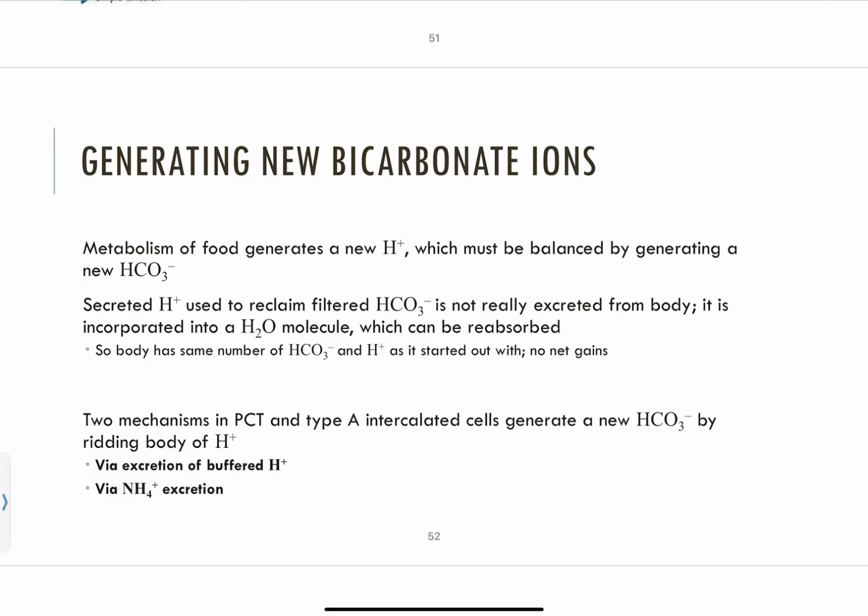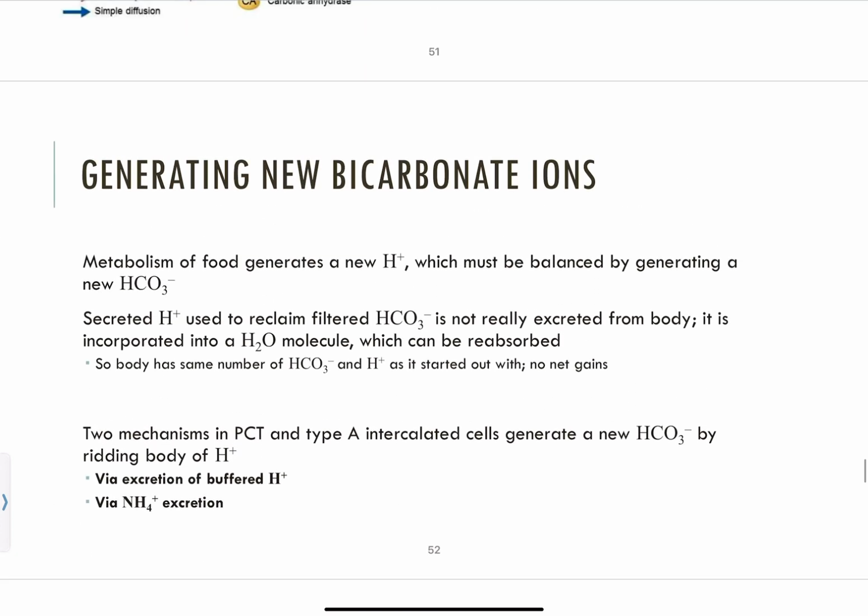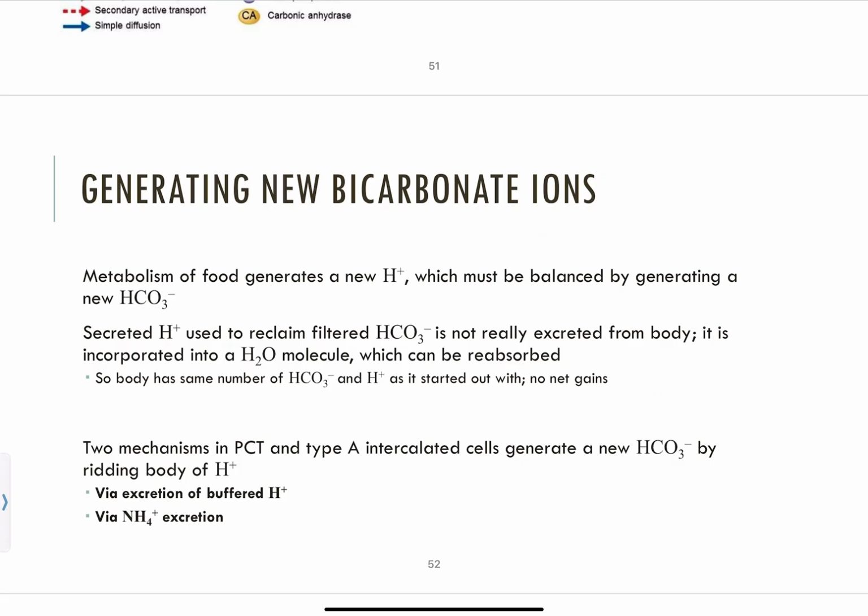Say, for example, we get into severe acidosis or something else happens with our cells that are capable of producing bicarbonate ion. So we have to have mechanisms in order to generate new bicarbonate ions that aren't necessarily coming from carbon dioxide. So we have 2 different mechanisms. The first one's going to be via excretion of buffered pH, and the other one's going to be from ammonium excretion. So again, just have a general understanding of what these are. I just kind of want to point out that there's 2 mechanisms. These are occurring in the